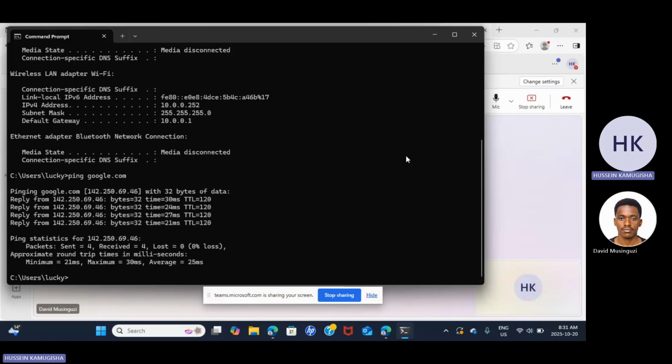So let me ask you this. If my laptop connects to Wi-Fi, but it shows there's no internet, what can be the issue? If my laptop is connected to the Wi-Fi, but when I use it, it shows no internet. What could be the issue? The issue might be difficult. So how would you solve it? What tools would you use?